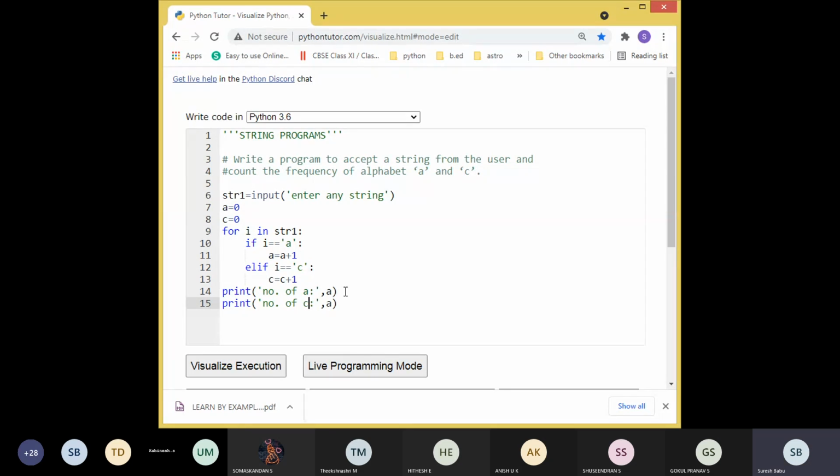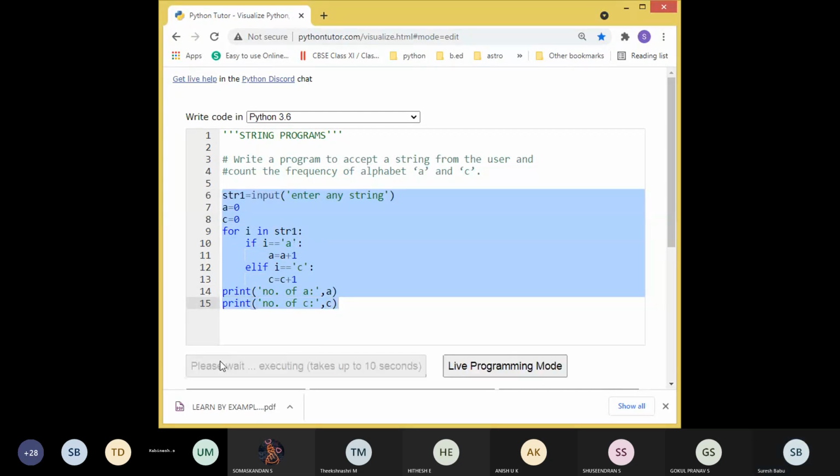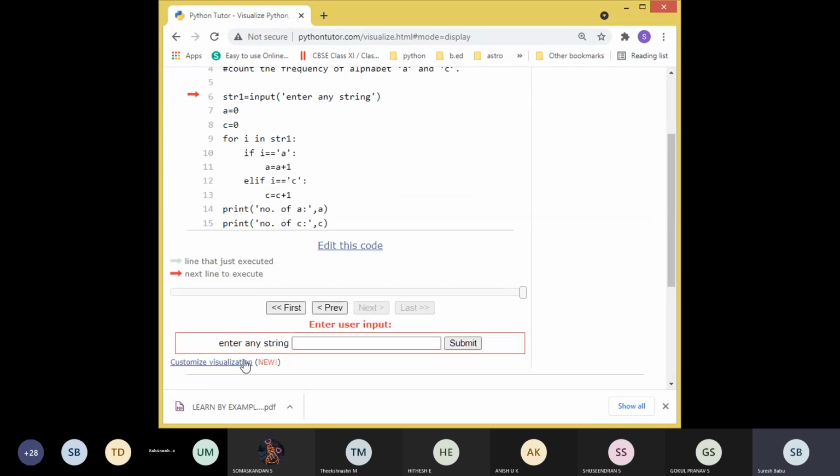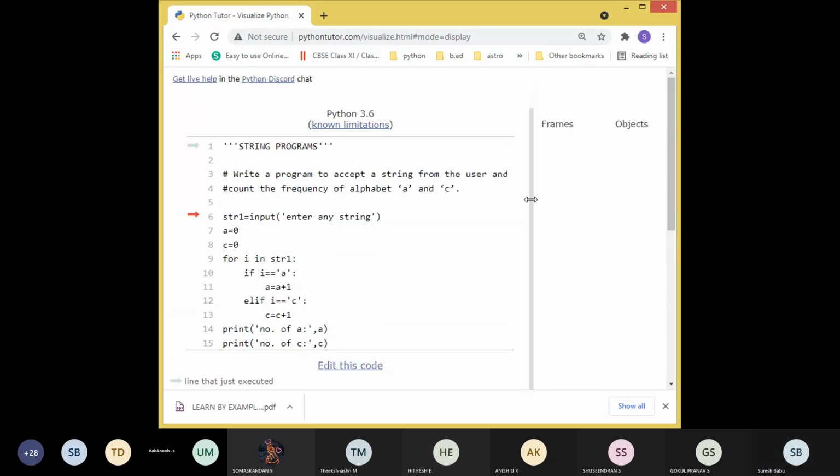Now tell me, students, any string that contains both a and c. Any input you can tell me. See, it requires the entire string. It requires an input. Students, anyone tell me an input?